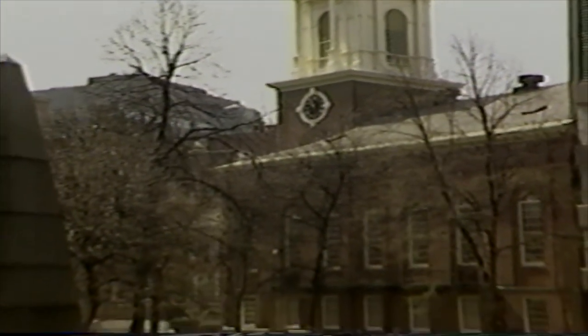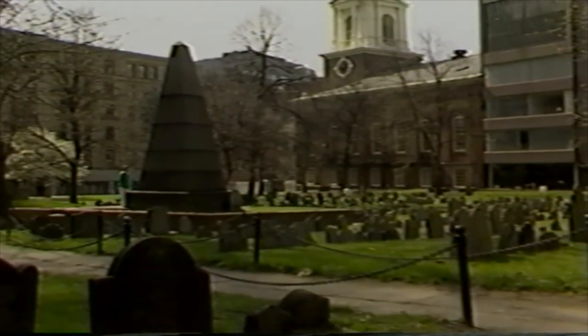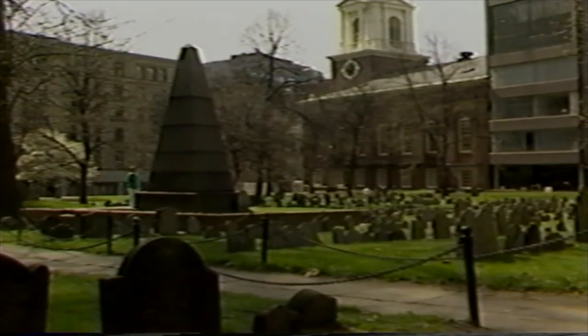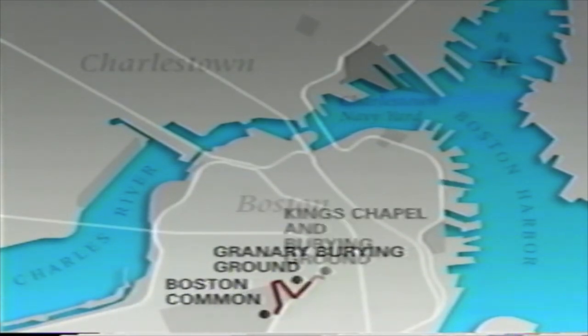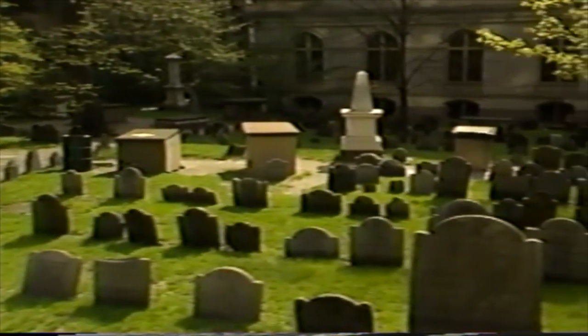Each year, millions of people who walk the Freedom Trail spend a quiet moment in this 2 acres of history set among the towering buildings of a busy modern city. The granary was not, however, the first burying ground. That honor was given to Isaac Johnson's vegetable garden, where he was buried in 1630, the year Boston was founded